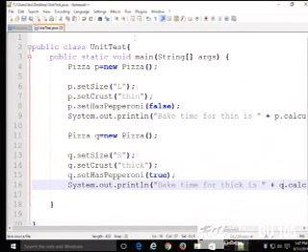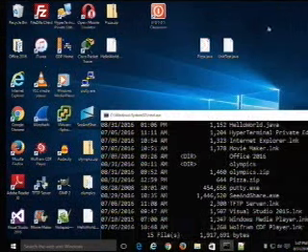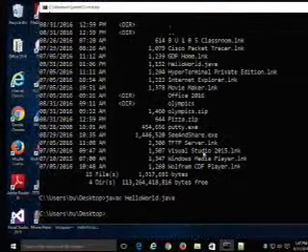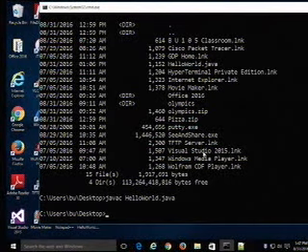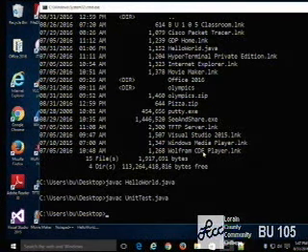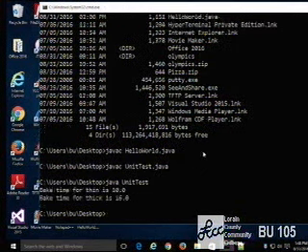So I'm going to save this, compile my unit test, and run it.